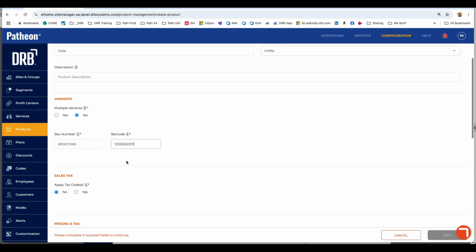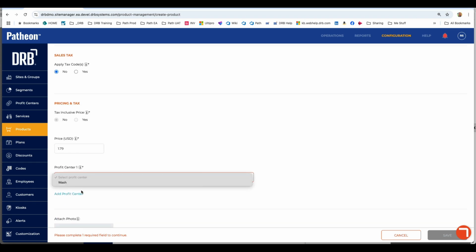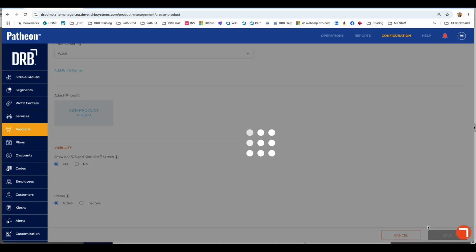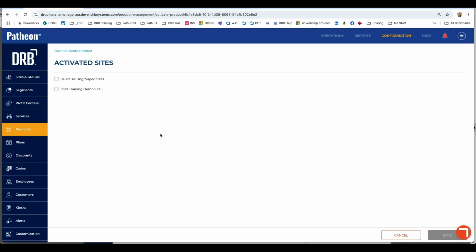We'll add a SKU number and a barcode, and we'll add a price. We'll select the profit center, and we'll go ahead and tell it to show it on the terminal. We'll activate the product at site,